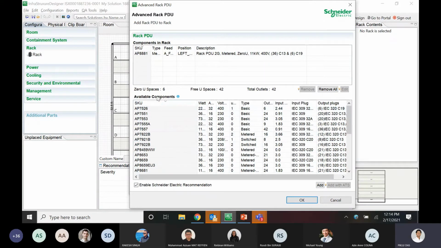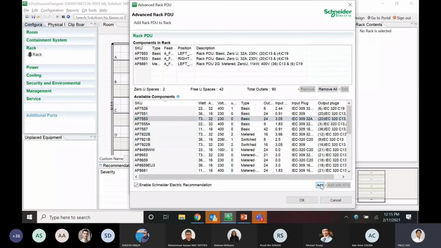Each rack has 42U of free space available. The vertical PDUs will satisfy your 0U space and the horizontal PDUs will take up the free U space. As I keep adding the vertical PDUs, you can see the counter reducing by 2 quantity.